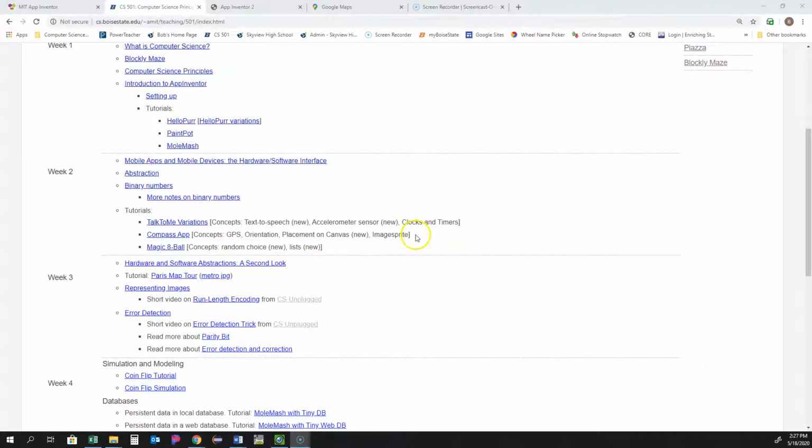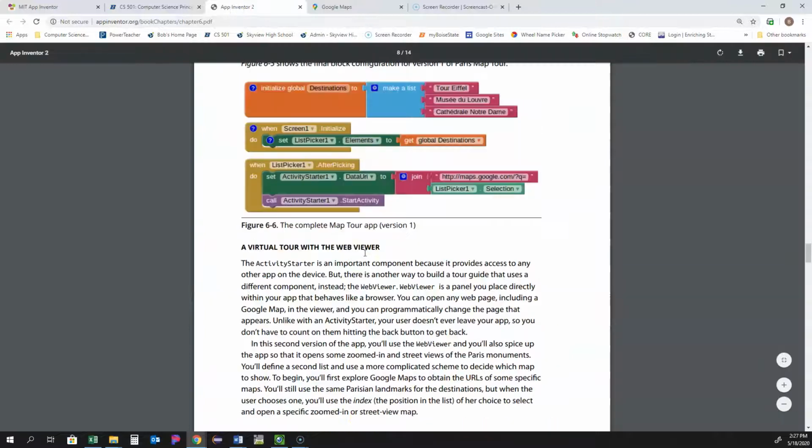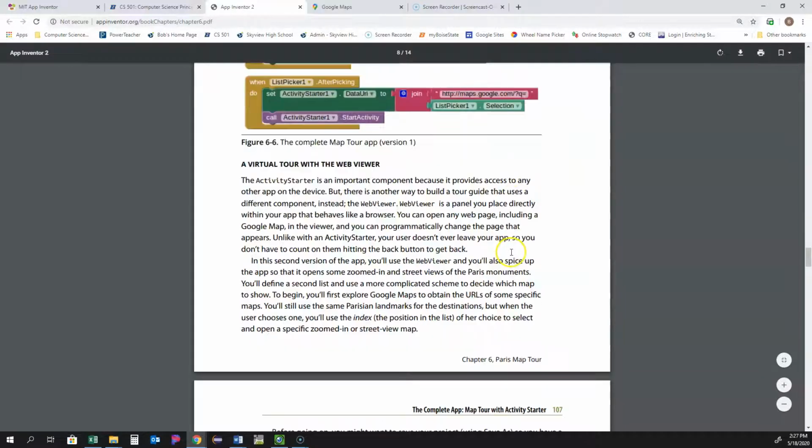Okay, this is a tutorial on your Paris Map Tour activity part 2. We just finished up with part 1 in which we were using an activity starter. Now we're going to be using a web viewer. The activity starter is an important component because it provides access to any other app on the device, but there's